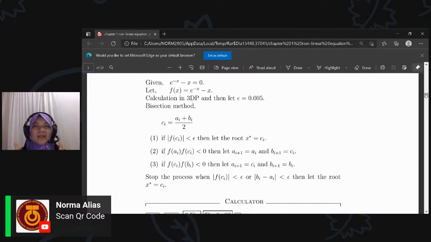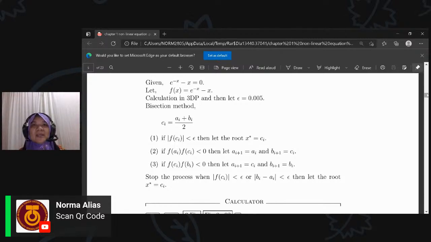But if f for A and f for C is a changing point, is less than 0, so you need to find the new interval. If C is a moving point close to the root, times B less than 0, so you need to change the interval, the size of the interval. So that's what we learn. Now, based on this information, we can solve many methods